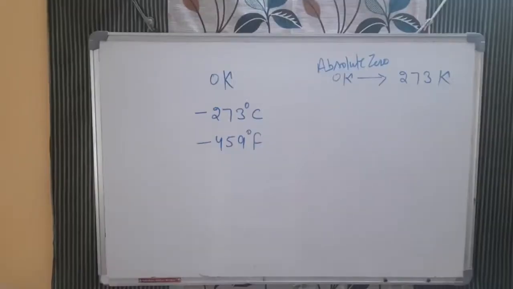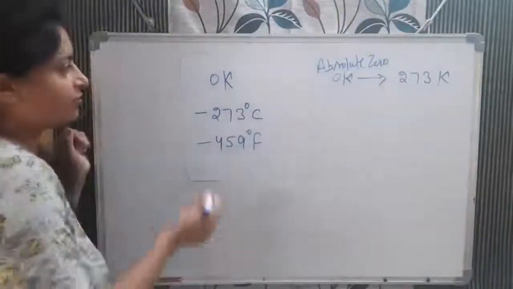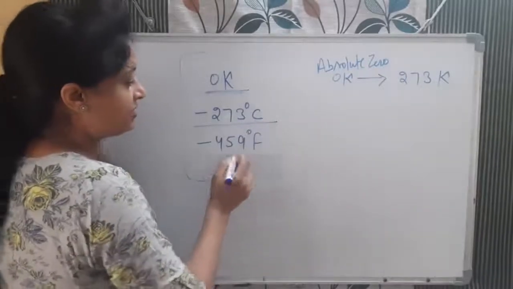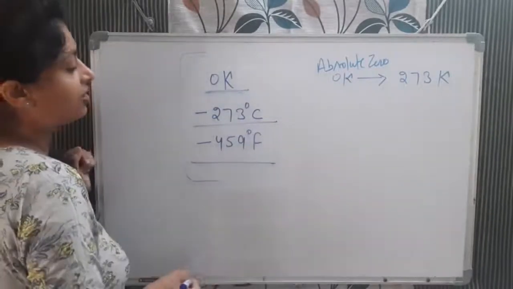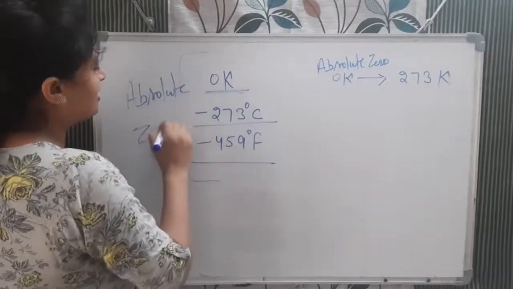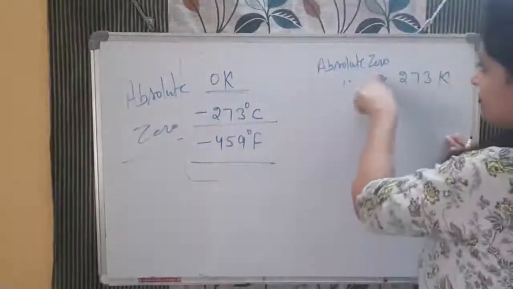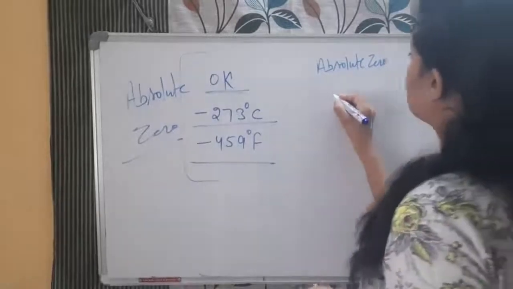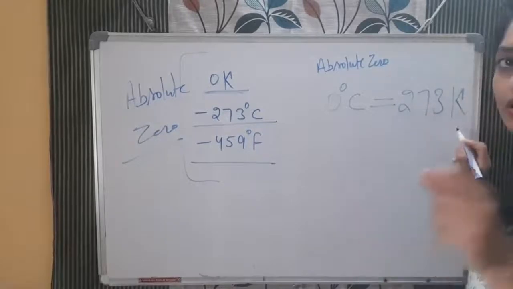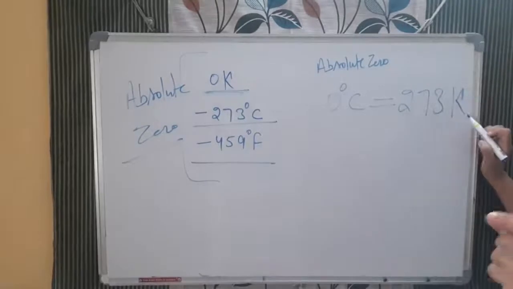So finally it is about the Kelvin scale. See, on the Kelvin scale, the coldest temperature is also known as the absolute zero. The 0 Kelvin, absolute zero. This is minus 273 in degree Celsius and minus 459 degree Fahrenheit. This temperature is known as the absolute zero, and we can say the coldest temperature. Now, 0 degrees Celsius is equal to 273 Kelvin. The symbol of Kelvin is only simple K. There is no degree here. It is only K, the Kelvin scale.